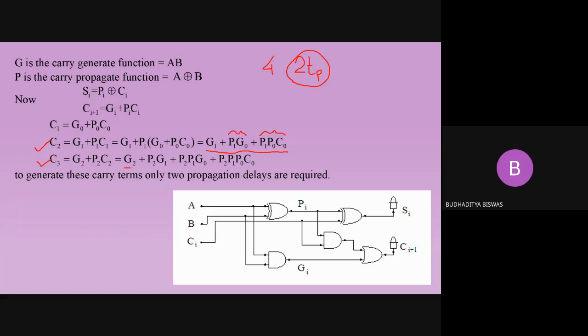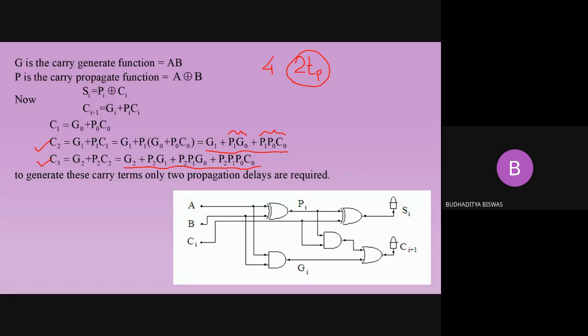The C3 expression is this one. How much time is required to generate the term C3? You have all the resources. Two TP again. Very good, 2 TP again. Why is 2 TP taken? Because in the first TP we generate the last term, the third term, and the second term. In the next TP time we take a 4 input OR gate, and we add these 4 terms, because this term is not automatically generated.